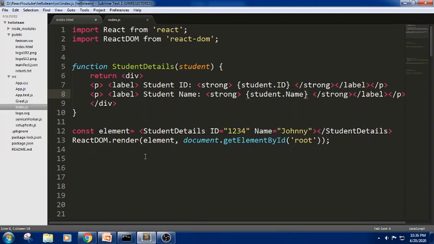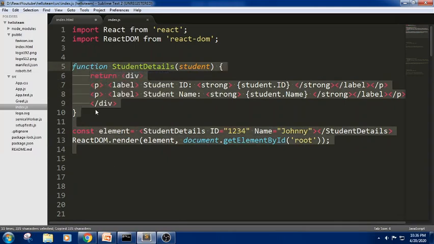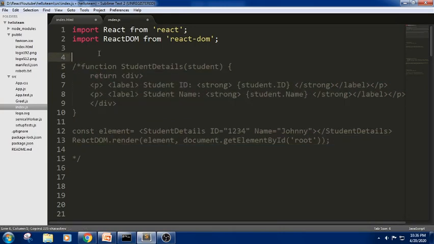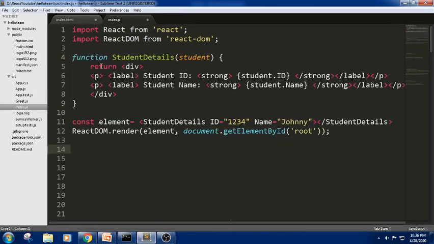These function components can also be created using an arrow function. In a previous example, we have written using an arrow function. Now let me write the same snippet using an arrow function. Let me put this in the comments. Let me take the same snippet, and I'm trying to use this as an arrow function where student details equals, and I'm trying to render this in this way.